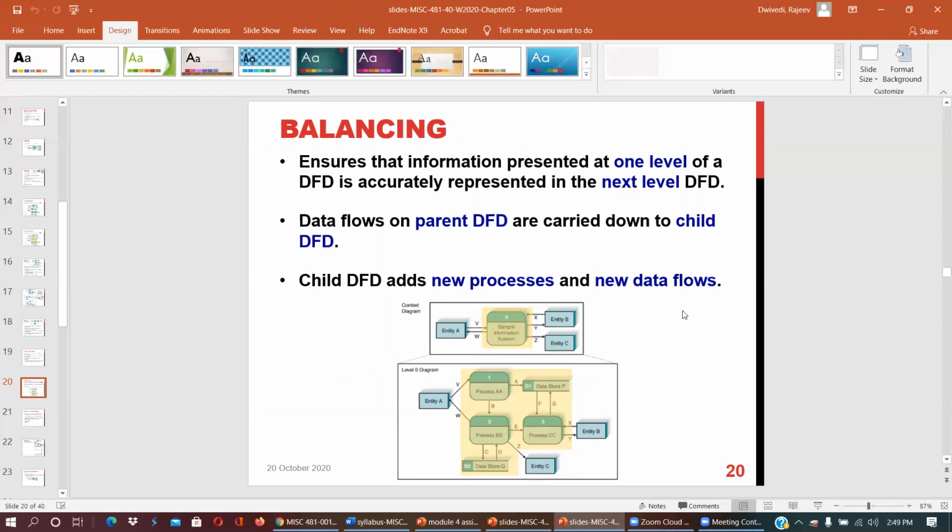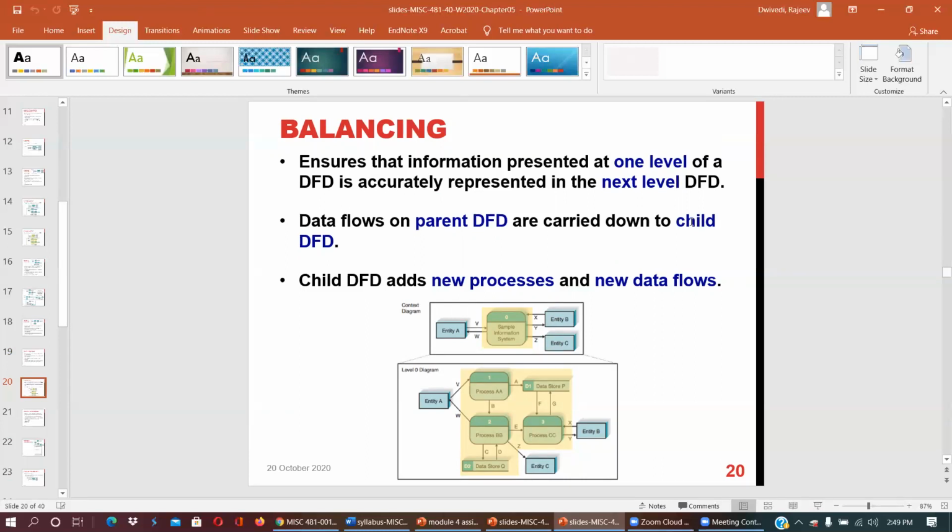So here you can see this is balancing. After this, it comes to balancing. It ensures that information presented at one level of the DFD is accurately represented in the next DFD. So whatever information you are presenting at level 0, the same is accurately presented at level 1 or level 2. So data flows on the parent DFD are carried down to the child DFD.